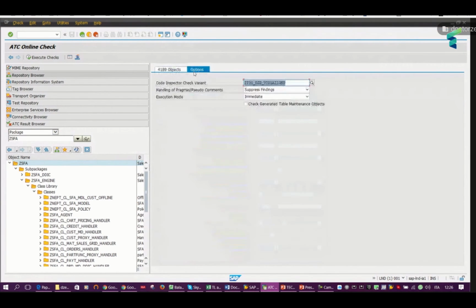Options. I have the ability to select which variant I want to use. For the Dr. Zedge, we have 2 variants. One is for the violations, and one is for the findings. These variants can be created manually with the help of the configuration guide for Dr. Zedge that we have internally in our Athena. The first thing to do is to run it with the findings, with the metrics